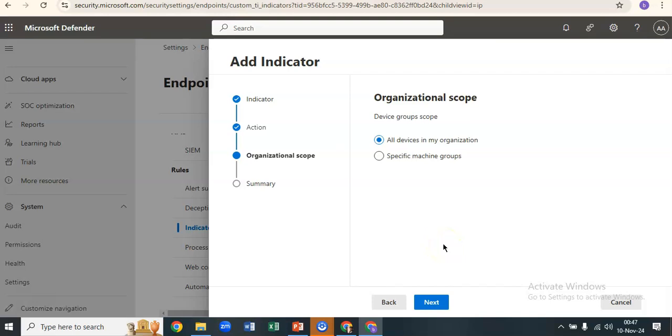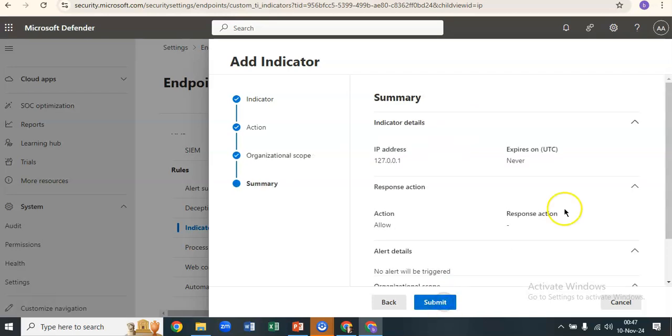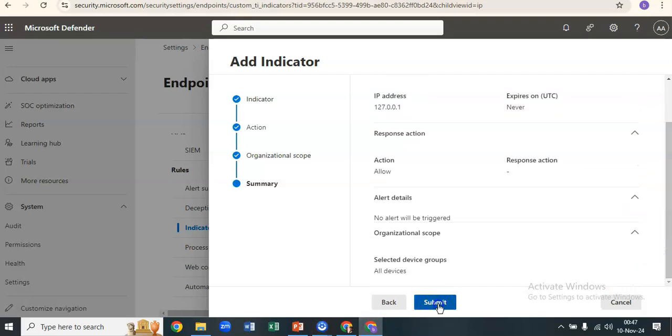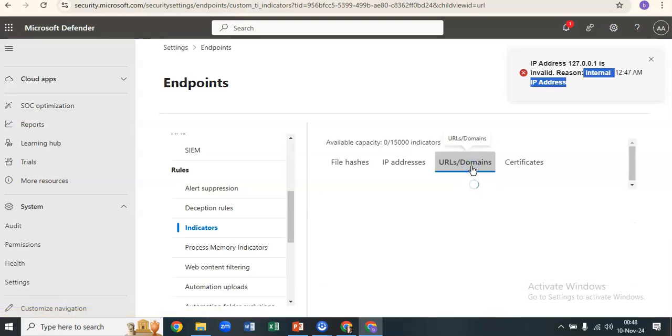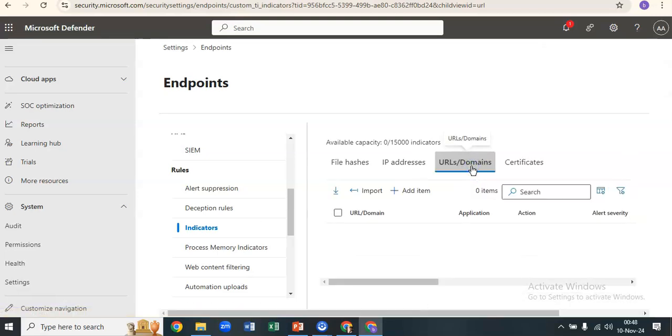What would be the organizational scope? I would want to allow this from all of the devices in my organization. You get a summary and then you click on submit. I'll delete it later on. It's a private IP address, that's why it's invalid, because it belongs to the default private range. But you will need to add a correct IP address or a URL, domain or a certificate to create an